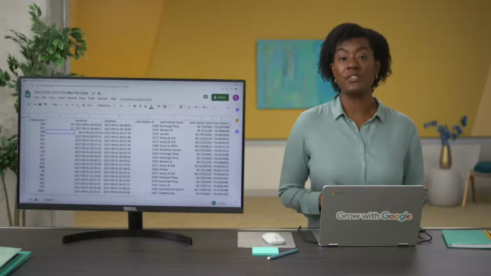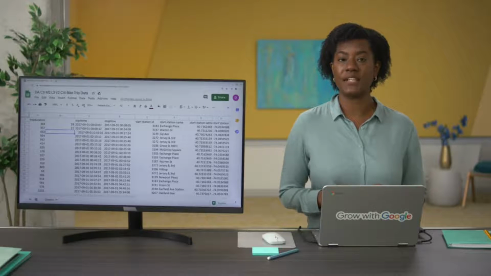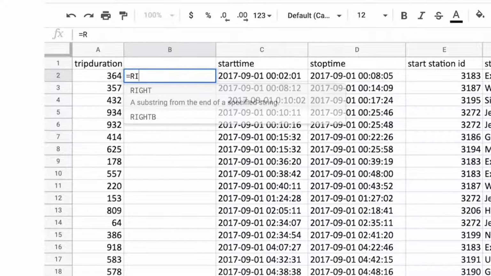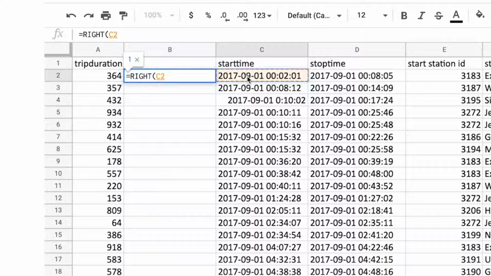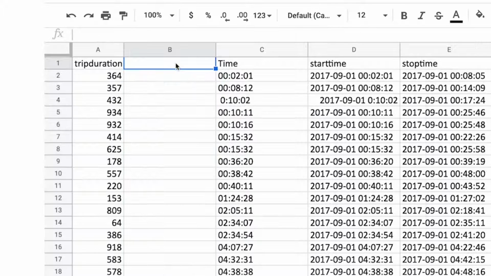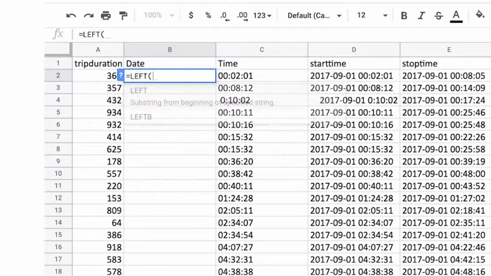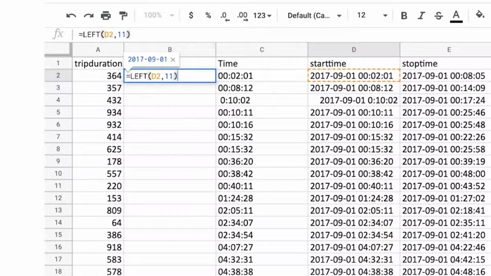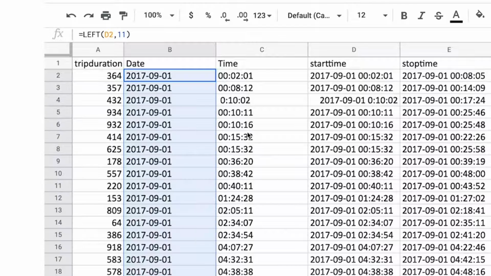12. We can use the LEFT and RIGHT functions to select which parts of the string we want to isolate in a new column. We'll use RIGHT on one of these cells to indicate that we want to grab the right side. And like we've come across before, LEFT actually works exactly the same way. Now we can apply that to the rest of column C to pull those timestamps.